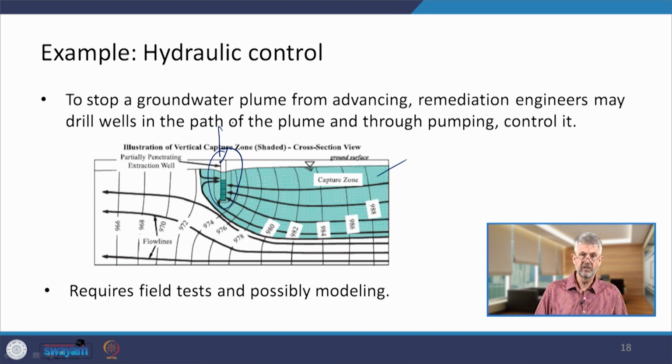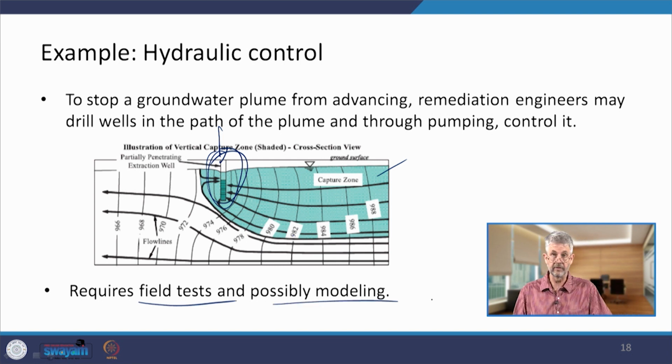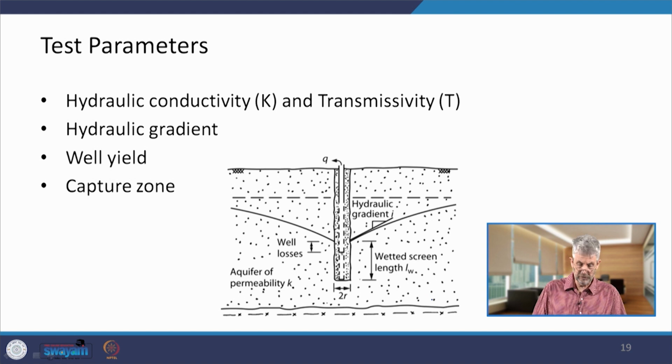So as you can see, this is a fairly complex undertaking because we need to know where to put the well in relation to the plume. We need to know how much water we need to pump. Therefore, we need to know a lot of parameters of the site that are not readily available usually. So this requires testing in the field and possible modeling exercises. Just to give you an idea of some of these test parameters that we need to find out from our